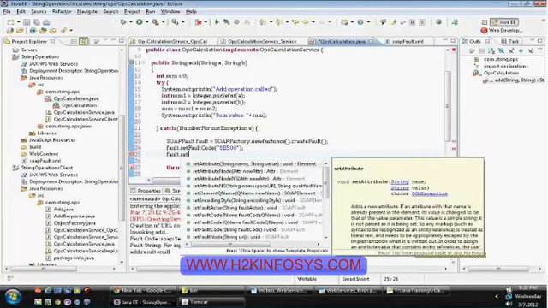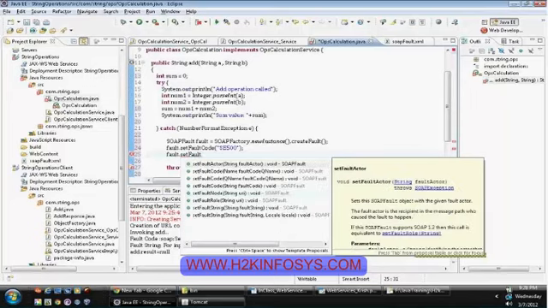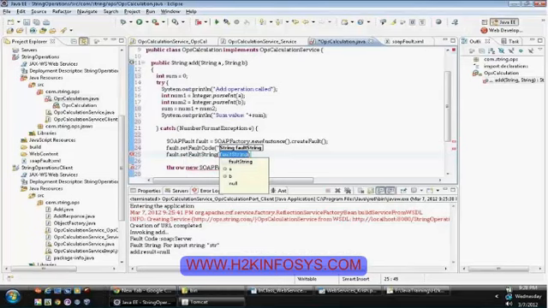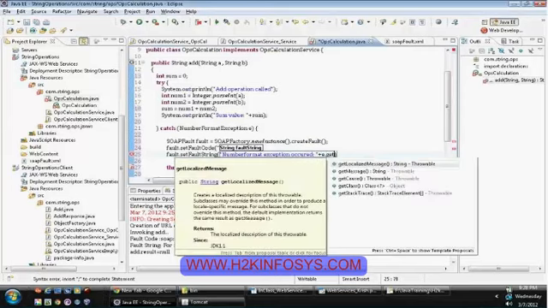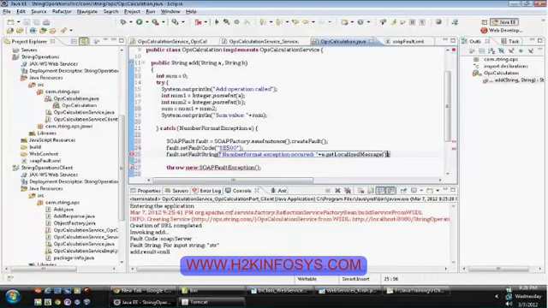And after that, setFaultString: Number format exception occurred for e.getLocalizedMessage. This is our actual exception message.